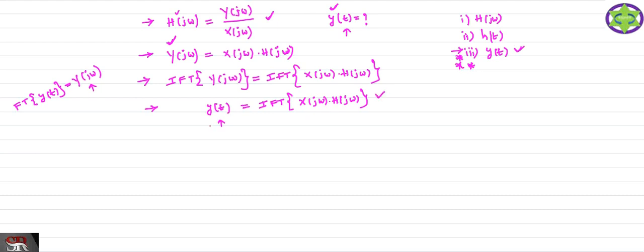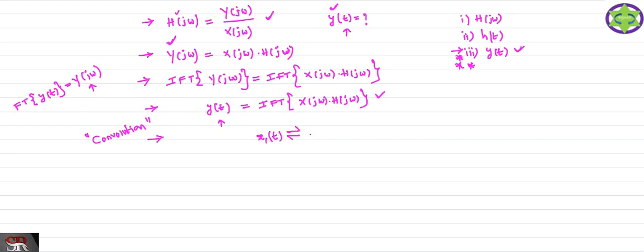Now if you observe the properties of the Fourier transform, I already told you the convolution property of the Fourier transform, a very, very important property. You just recollect the convolution property, and I will write the property here. From the convolution we are going to find out the output y of t. Let us see how. Here we have two signals, x1 of t.